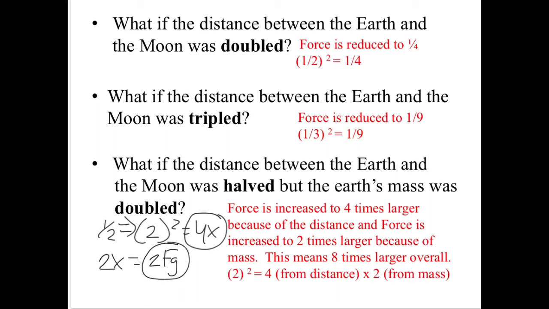So you now have 4 times greater the force of gravity because of the distance being reduced, but you also have 2 times greater the gravity because of the mass being doubled. So overall, 4 times and 2 times greater, 4 times 2, means that there is 8 times greater the amount of force of gravity. So they can work together, they can work against each other, but they both play integral